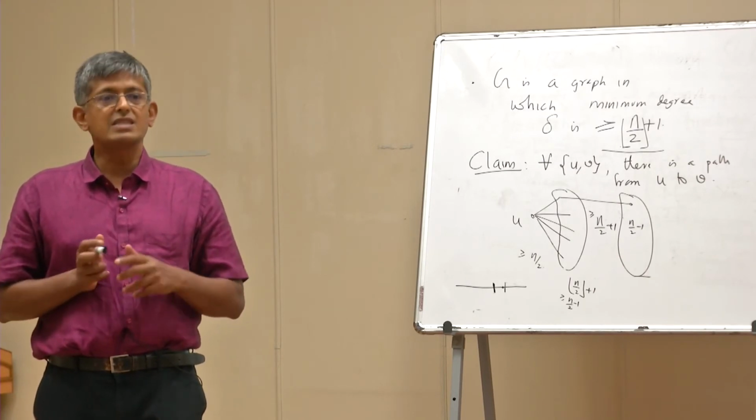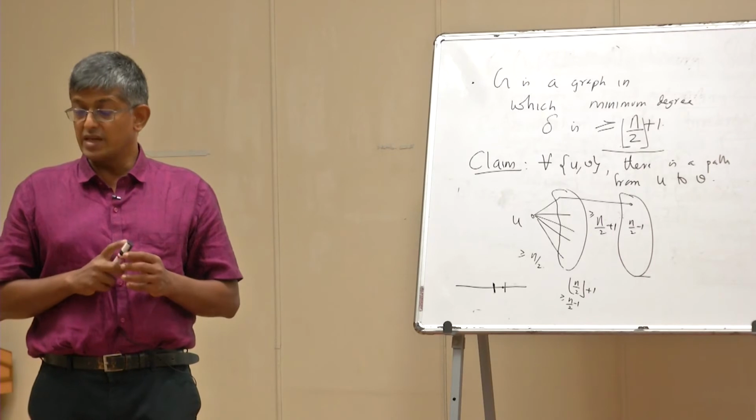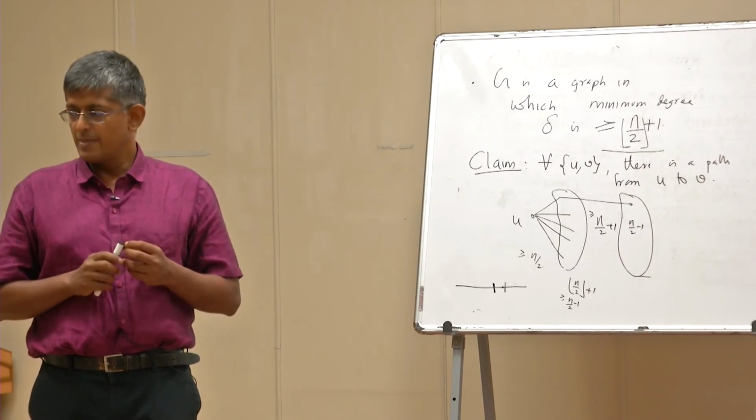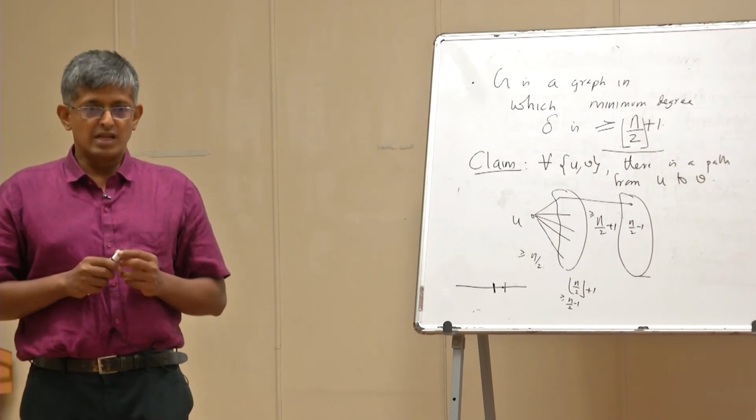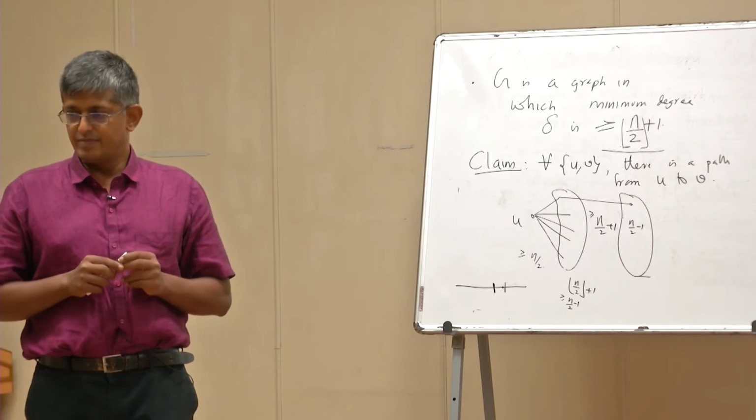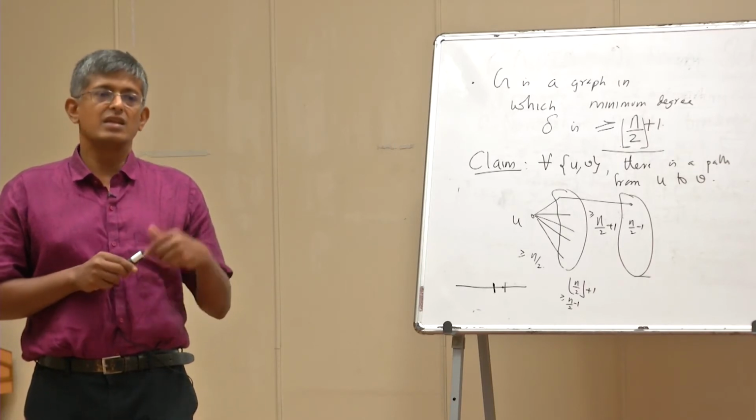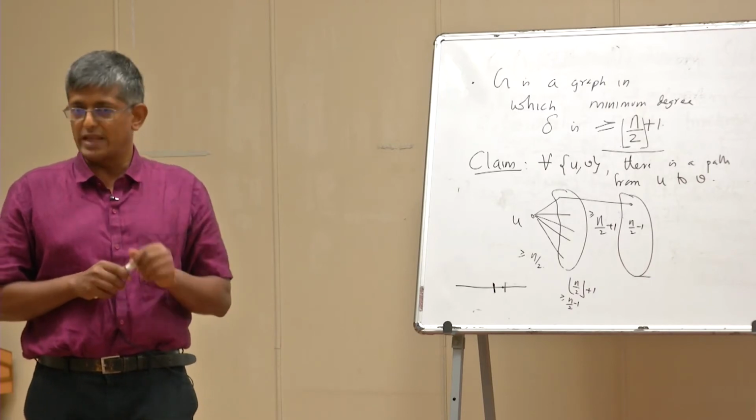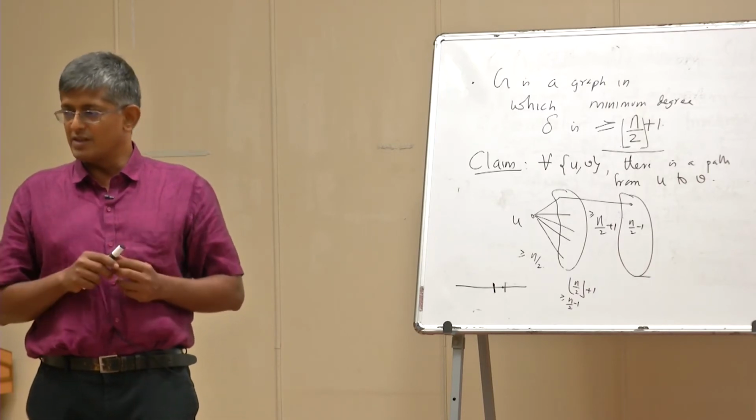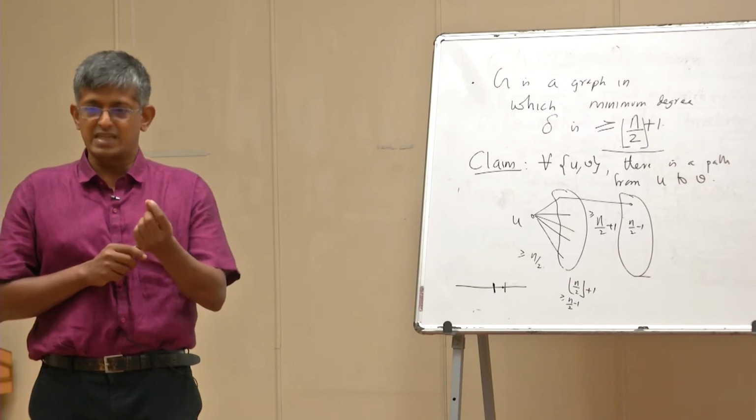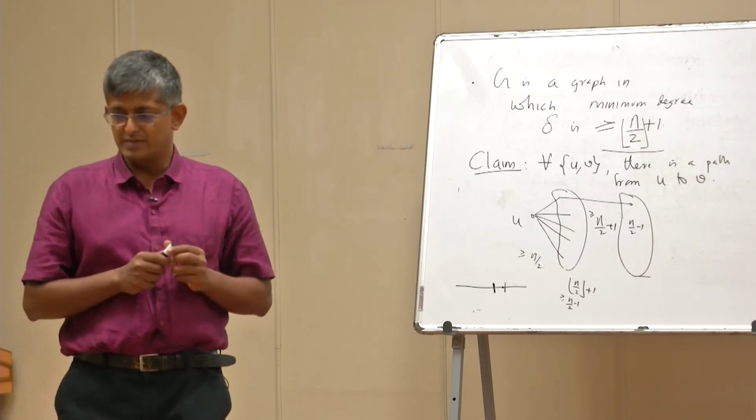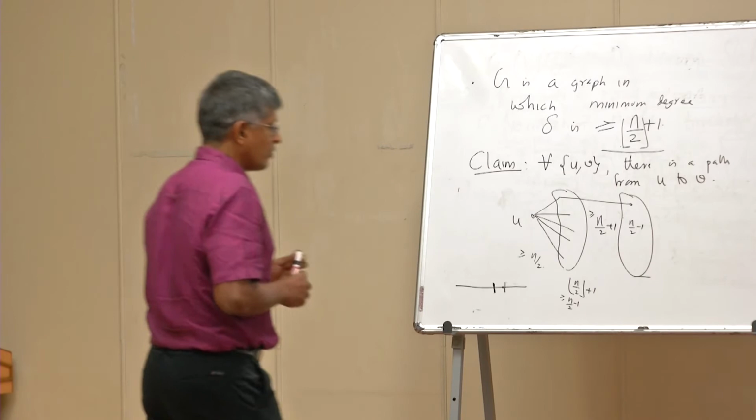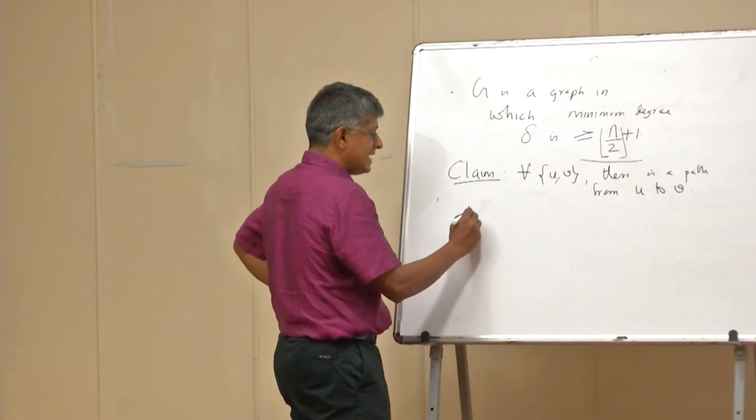Now I will ask you, if the degree is at least n by 3, what can you say about the length of the path between any pair? In general, if it is at least n by k, what can you say about the length of the path? Please take this as a small exercise. It's not for me to evaluate whether you are doing it, but these are the kind of questions that you must ask without fail. So therefore, high degree